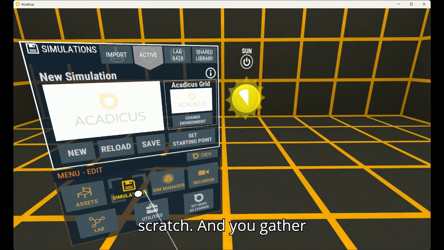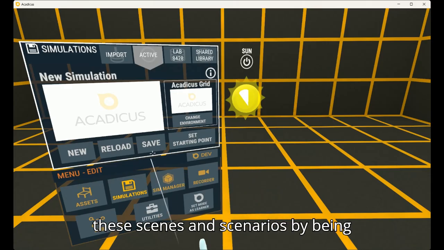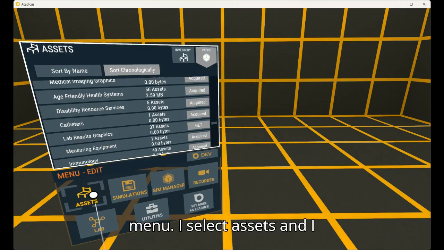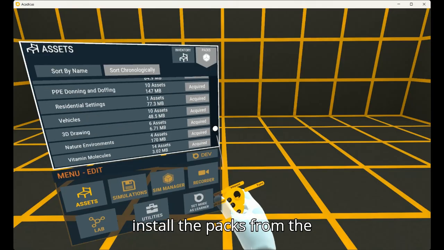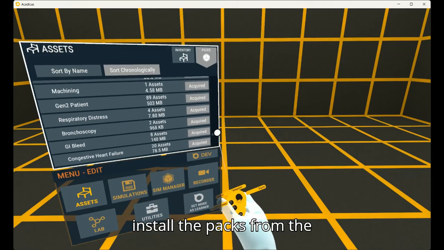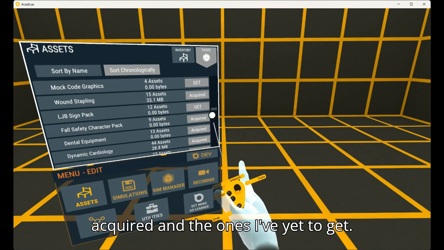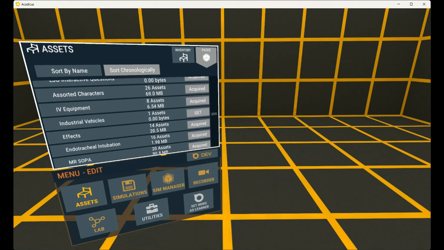And you gather these scenes and scenarios by being in edit mode, right? We're in the edit menu. I select assets and I install the packs from the asset menus. So you can see the ones I've acquired and the ones I've yet to get. Now,